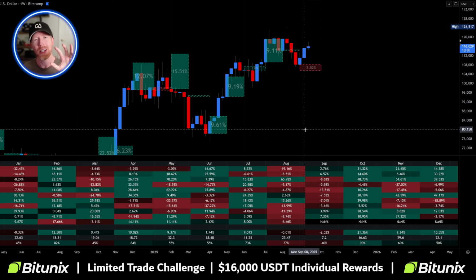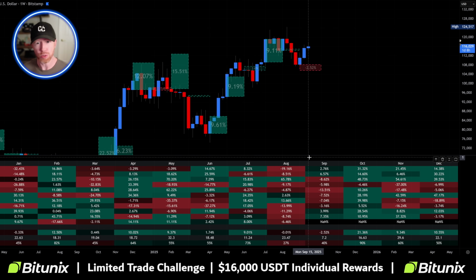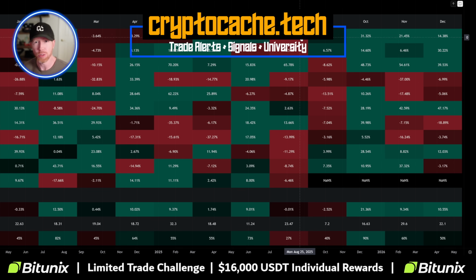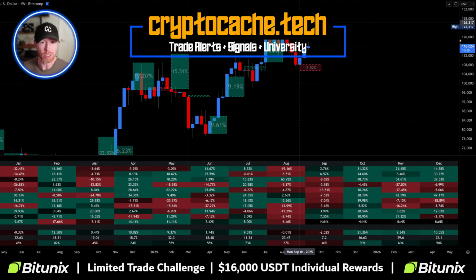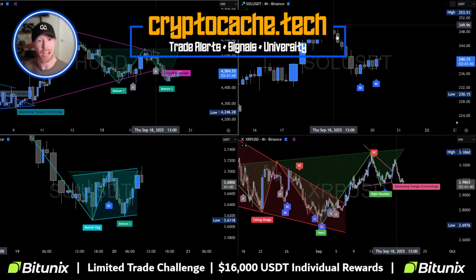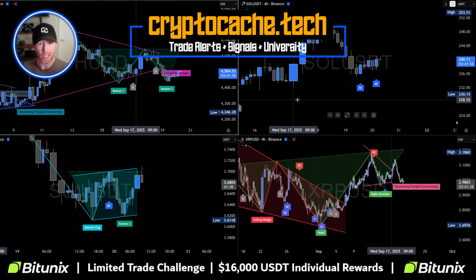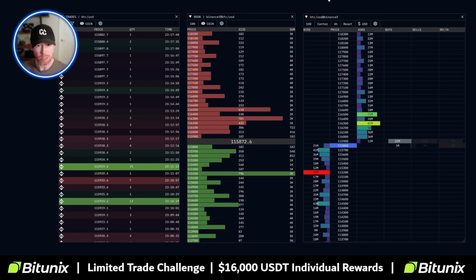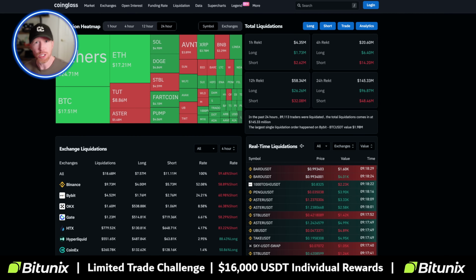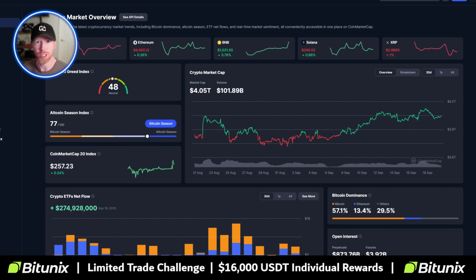We're going to talk about some important levels here on the macro structure. Some folks were asking, what is the macro looking like for Bitcoin? And generally speaking, what are your thoughts? We're going to discuss that. Same thing with some altcoin patterns that are forming on some coins that we like to trade. Furthermore, some specific areas on the order blocks that are important to recognize, liquidation data, and much more. So be sure to stick around. We got an important one today. Let's take a closer look.